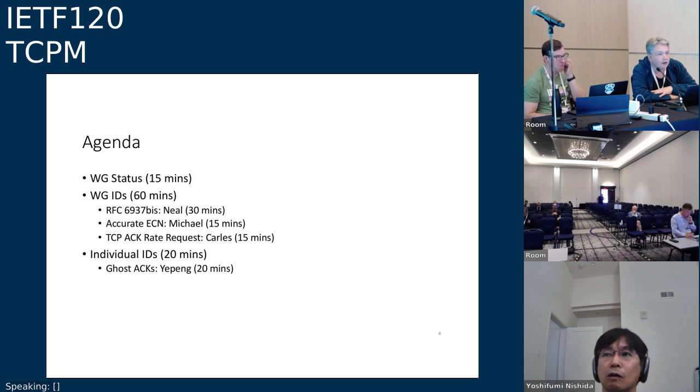Accurate ECN, Richard and Bob are not here, and Mirja is just joining the room, but I'm channeling the slides, which will document the differences in the last 2 revisions. And we have a presentation about the accurate request. At the end, we have